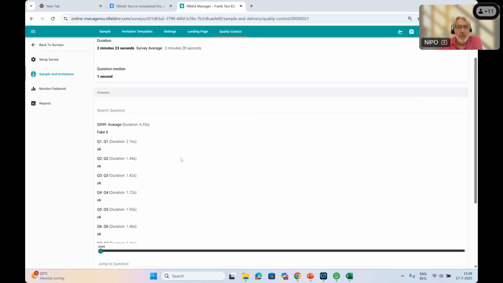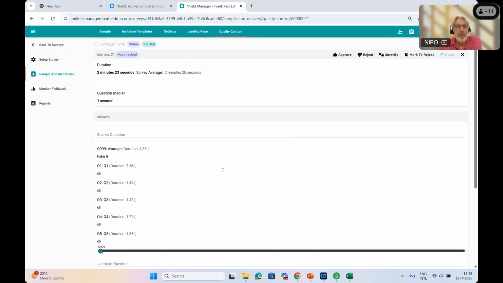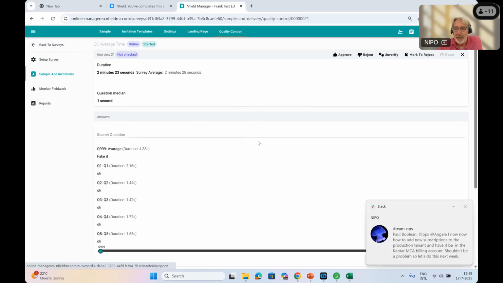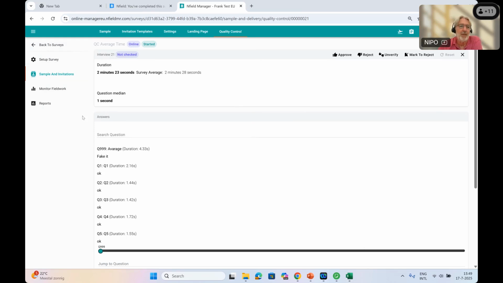Then we have one more thing to show you for this median. Because that median is such a good flag for suspicious behavior, we actually made it possible to immediately flag a survey as needs to be checked if the median is out of bounds. So to do that, go to setup survey,